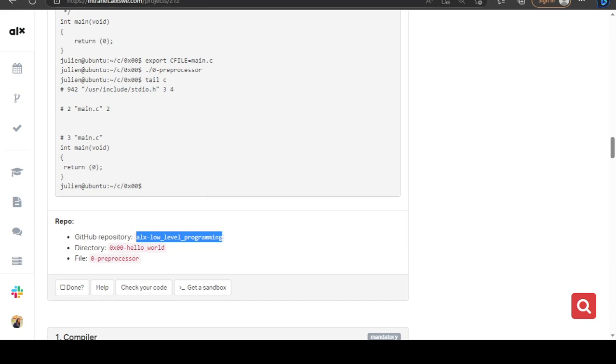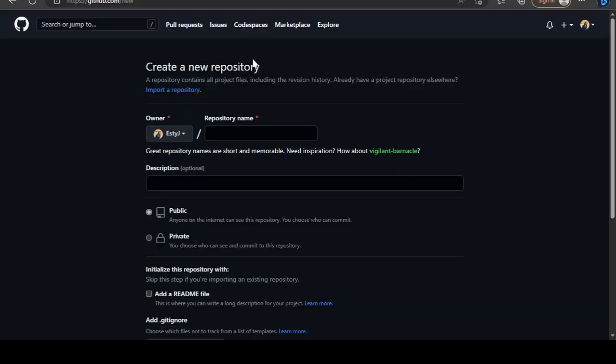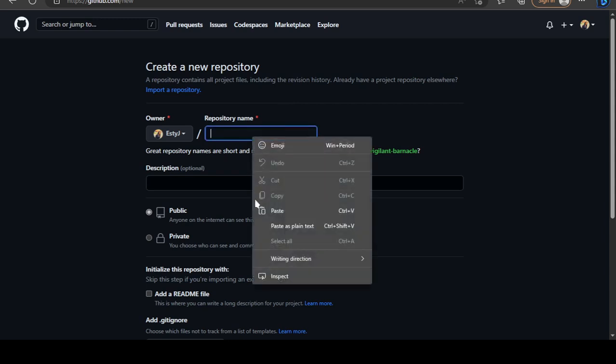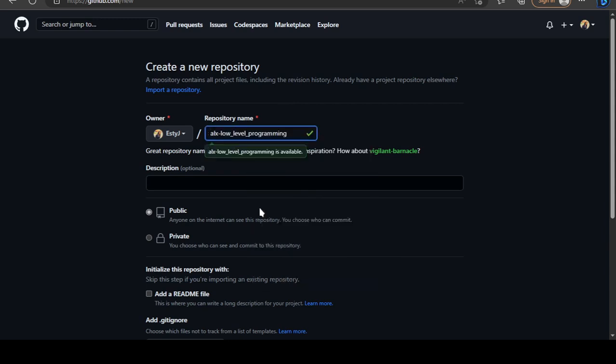Then you go to your GitHub account. Then you click on new repository. Once you click on that, it's going to direct you to this page. The next thing to do is to put the name. Just paste the name you have copied in the section for repository name. Then for the description, you can say